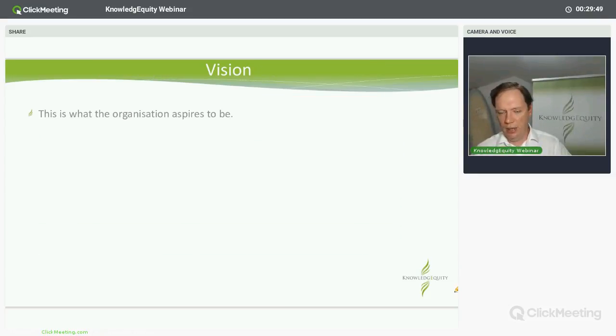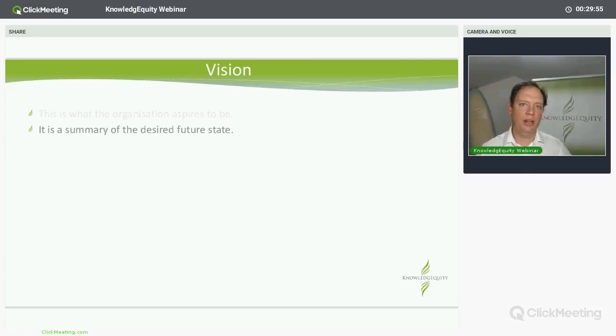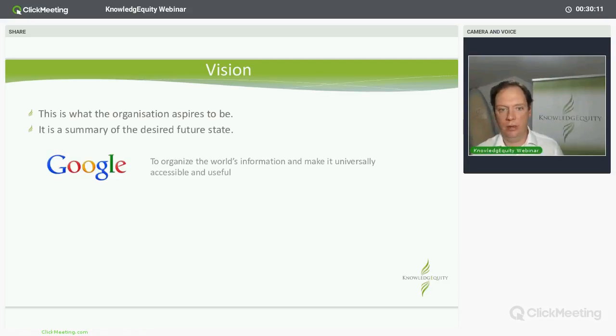It's our first objective. Remember the vision: what the organisation aspires to be, or even better, I like it, a summary of the desired future state. Right? The mission does not have that element of this is the desired future state. The mission is about how we're going to get there. What are we going to be, in a way, known for as a brand? But companies mix this up, and just because the study guide says it's this way is not actually the way it's always perceived across industries.